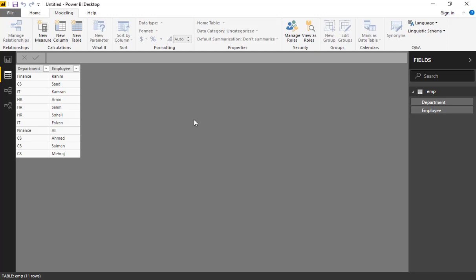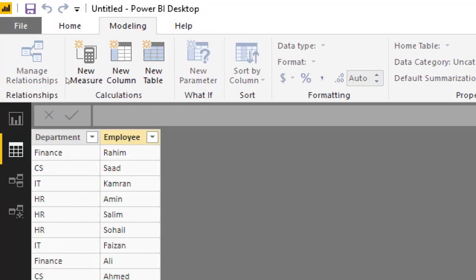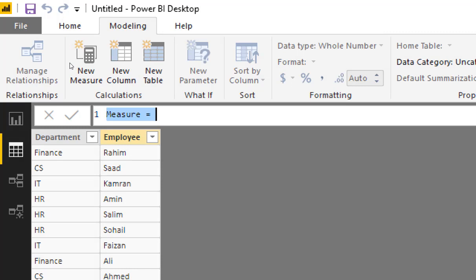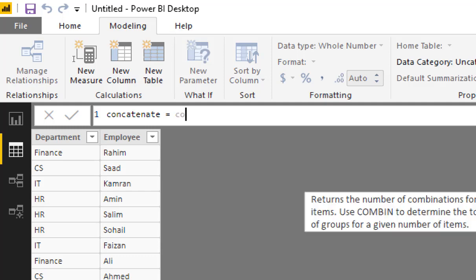As you can see my Power BI application on the screen, I will be applying the CONCATENATEX DAX. For doing that, we need to go to the data view, and here in the modeling tab, you have to click on new measure. When you click on new measure, this formula bar will be active and you can define any name you want. For example, let's say concatenate, and now after the equals to sign you will start applying the DAX, which is CONCATENATEX.